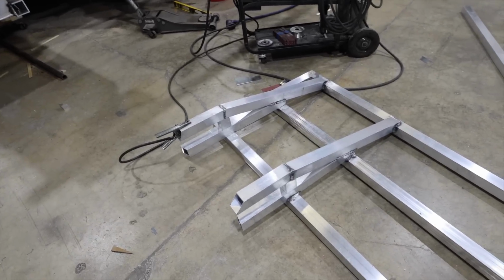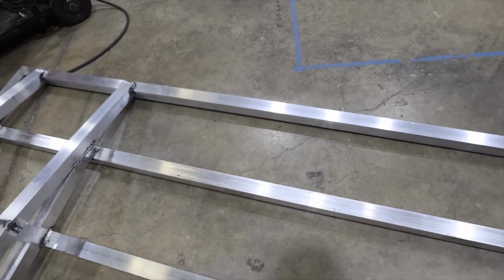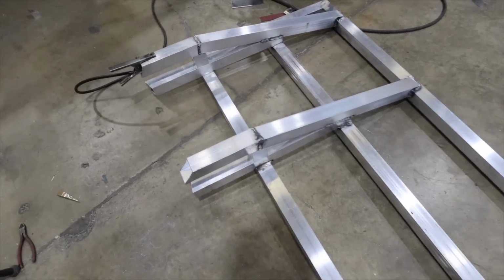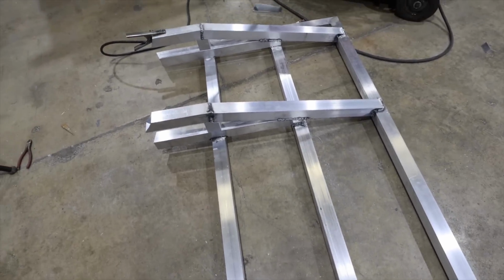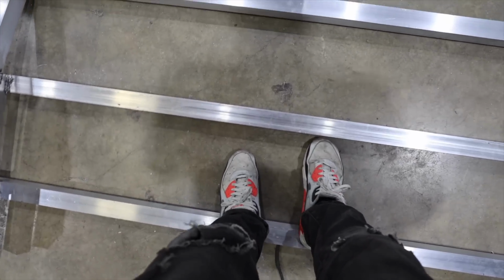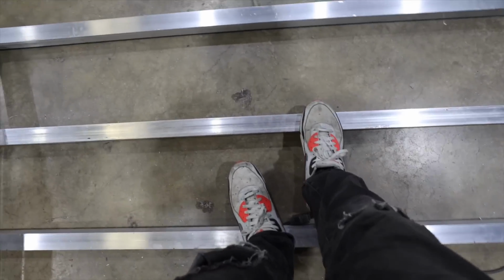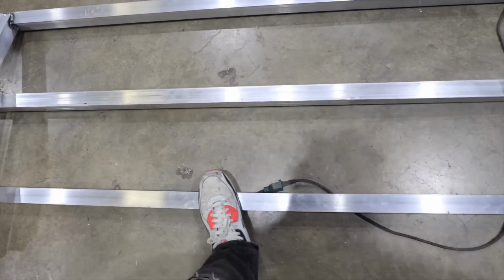So I'm gonna go ahead and finish the welding on this piece. Kyle will start cutting the support pieces that are gonna run in through here. The reason that we have to run supports horizontally here is that on this side, all three of these bars are tied together and kept level by the legs. But over here, once you get to the middle, if you step on just this bar, it'll bend down and you won't use the force of this bar. So you want to have the force of everything. And to do that, we're just going to run some supports running through here,